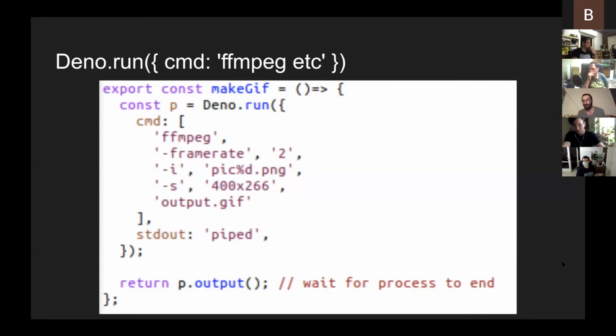I don't know what it would look like, what it would end up being, but if I'm running FFmpeg, and I think this is a fairly common use case, especially FFmpeg, if there's some way to sandbox the run permission to just a well-known executable like FFmpeg. Just a stray thought. Anyhow, this is making our GIFs,